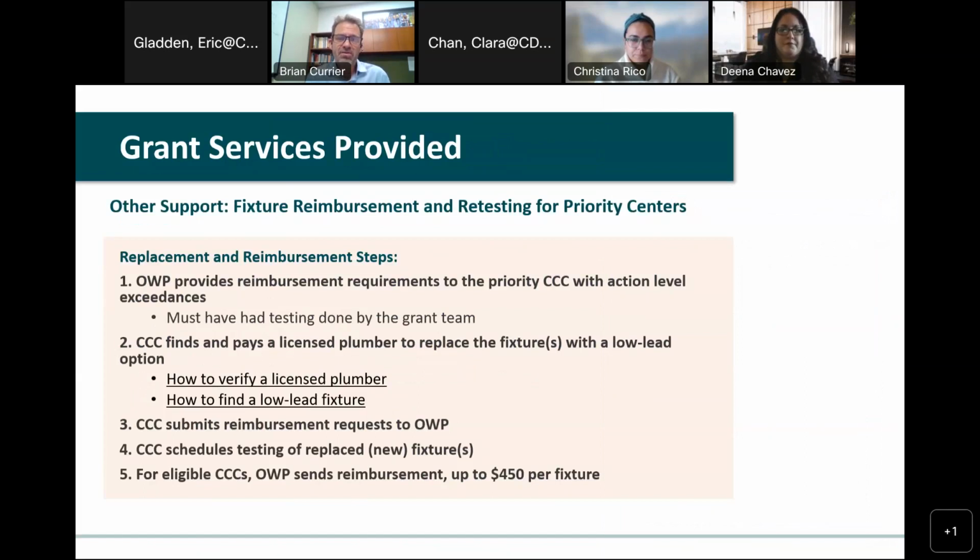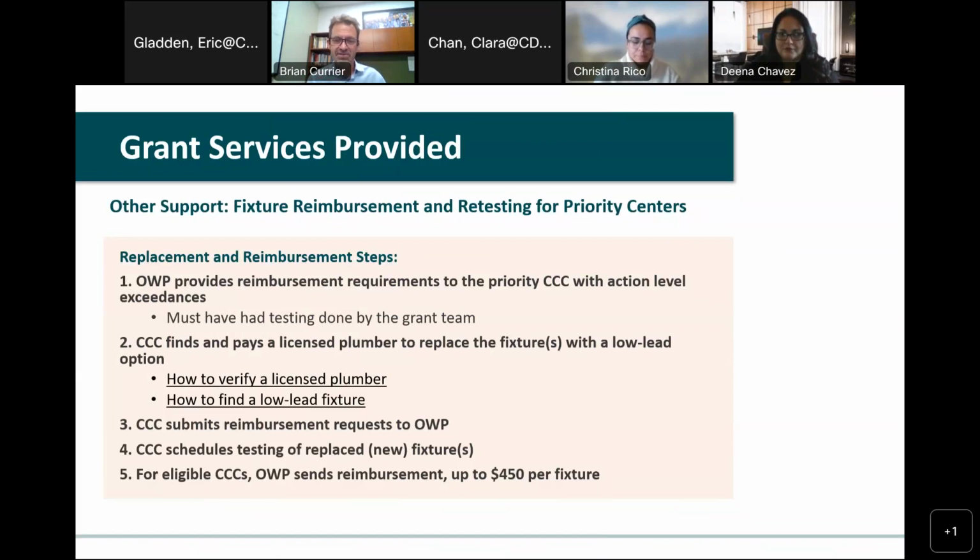An added benefit for those that qualify for sampling is reimbursement of fixture replacement cost. Now, unlike sampling, which is performed directly by the grant team, there's no out-of-pocket expenses. Fixture replacement is an out-of-pocket expense, but it is reimbursable. To be reimbursed, there's a couple more things that you need to do that you wouldn't need to if you